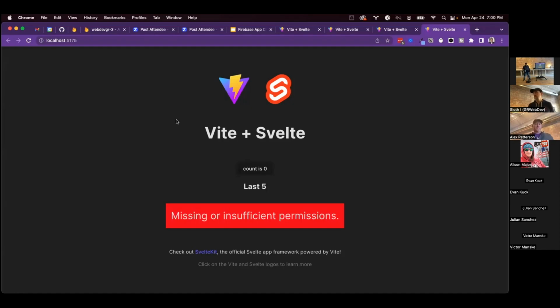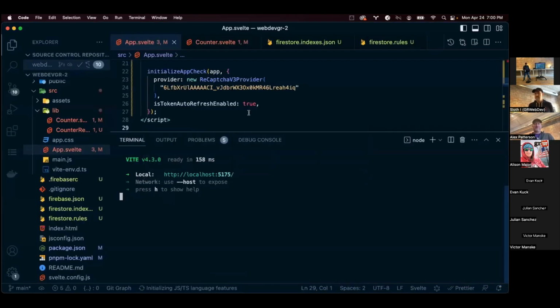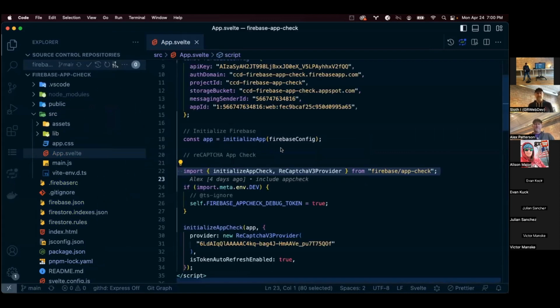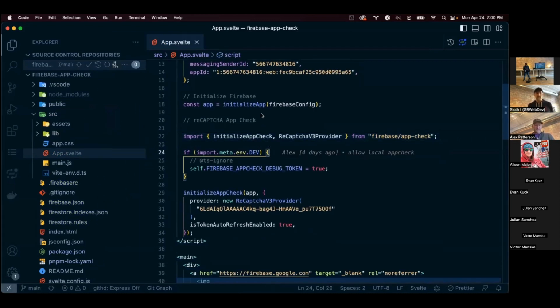So I'm going to run npm run dev for our version that we wrote live. And when I run that in localhost, it comes in and says missing or insufficient permissions. Same thing that we were seeing when it was on a site that you could not utilize. That's a real bummer for devs trying to debug this thing. So what we need to include,